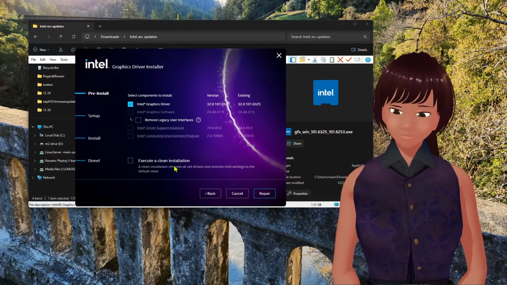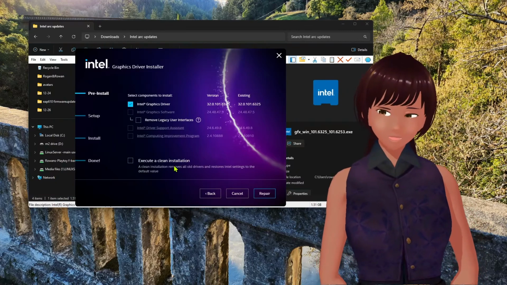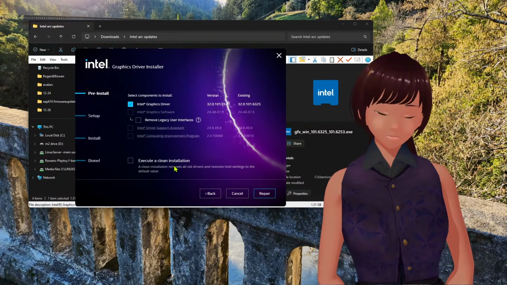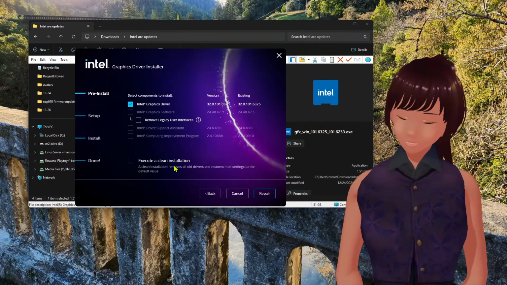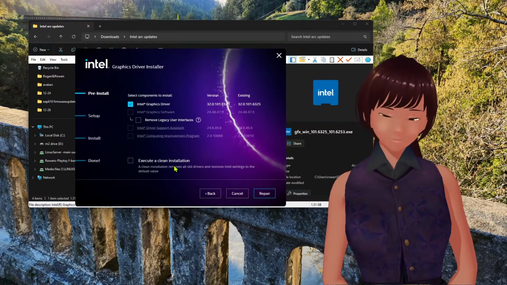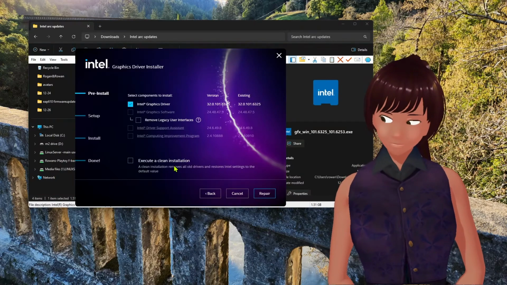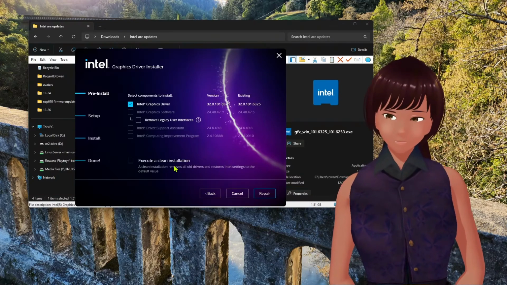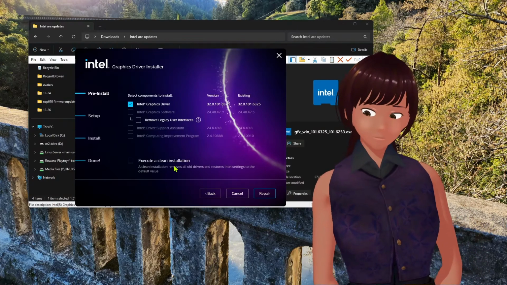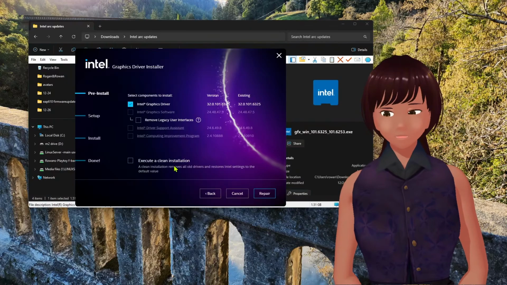Here's the takeaway for this video. Always look at the fine details. Don't just click on things thinking it's just the same thing, just a different version, because you will get bit in the butt by this. And the other part is you should always have a backup of the installer for the previous version of your graphics card driver. Because if you don't, and you've just wiped out what you had, you might not have another version to download. So, yeah, I hope this video was helpful and educational and,